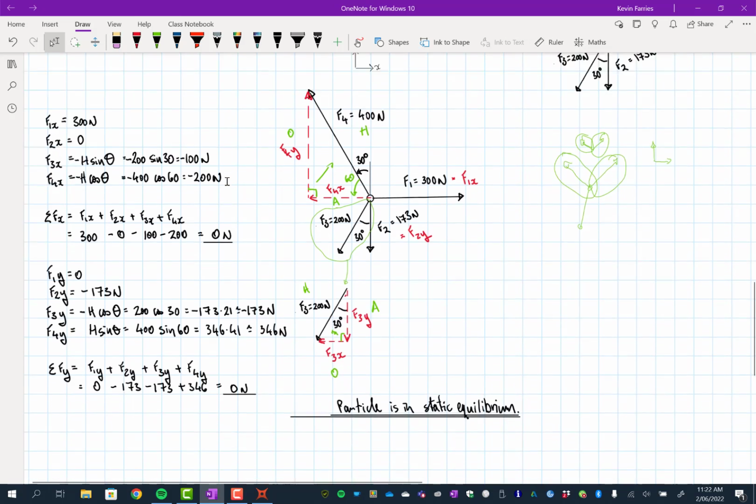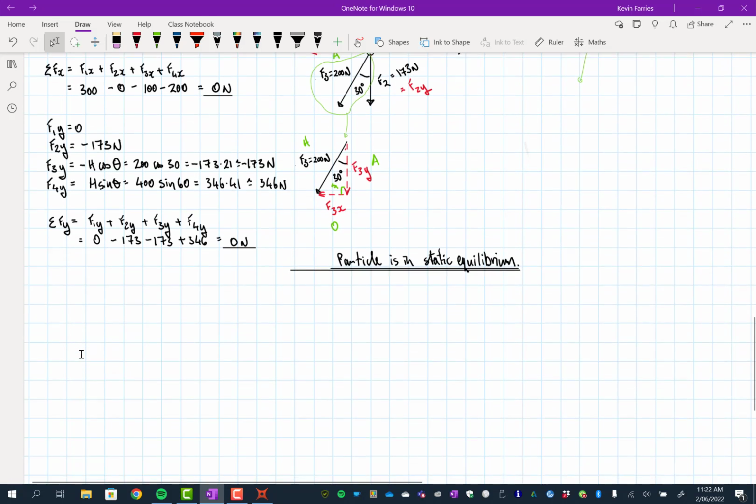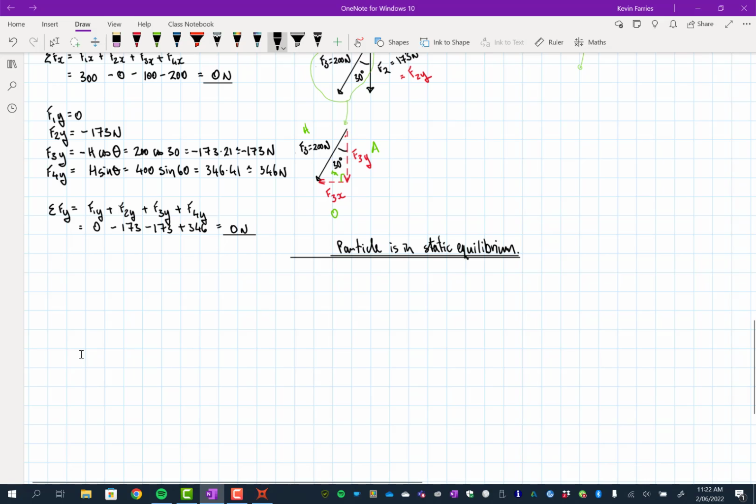Alternatively, the other rule is that if you determine all your x and y components and you add up your x components, you get 0, add up your y components, you get 0, then that's also static equilibrium. Just a quick note, this little symbol here, sigma Fx, this is capital sigma, a Greek letter. Sigma Fx just means add up all the x components. Similarly, sigma Fy just means add up all your y components. We've got two rules for determining if something's in static equilibrium. Graphically,